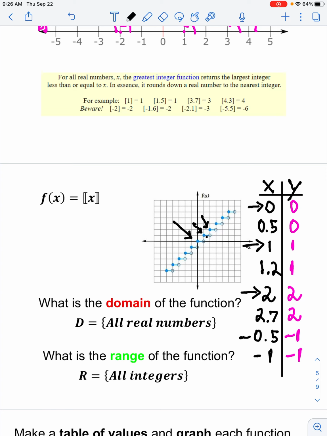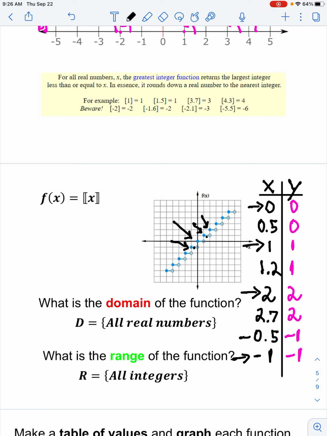Of course, 2.7 would be on that step because the greatest integer less than or equal to 2.7 is 2, and you start to see the pattern. Once you establish the pattern, you can just copy it forward and backwards. And just so we see backwards, when I put negative 0.5, that evaluates as negative 1, which is right about there on that step. At negative 1, that's an integer, and the greatest integer less than or equal to negative 1 is negative 1. So that is the start of a step, and you can see right here the solid